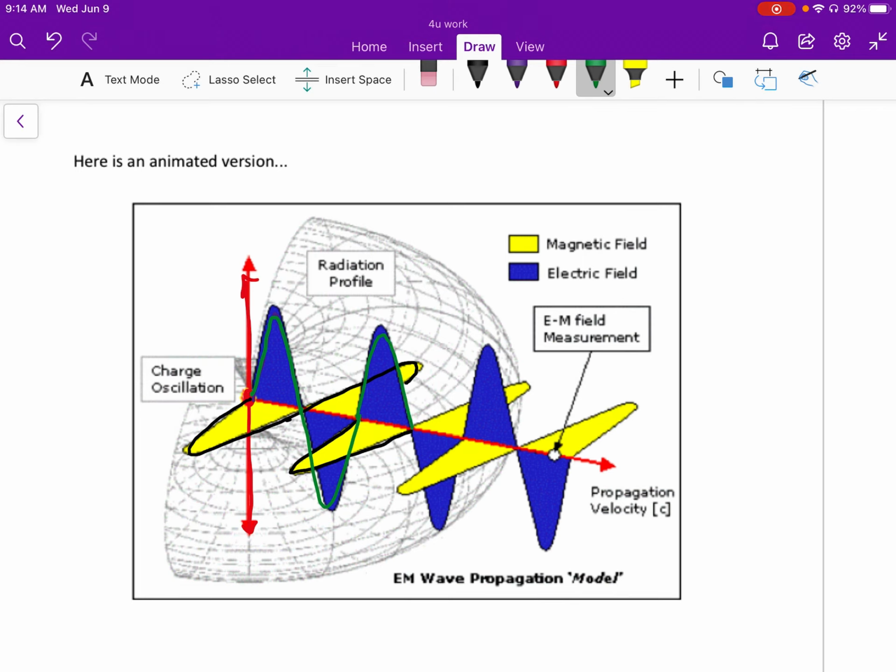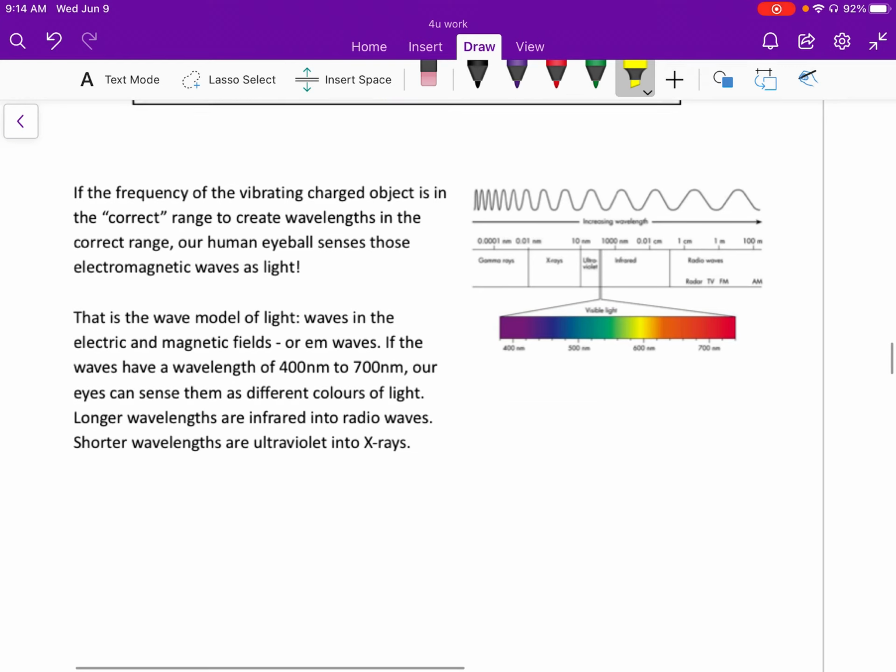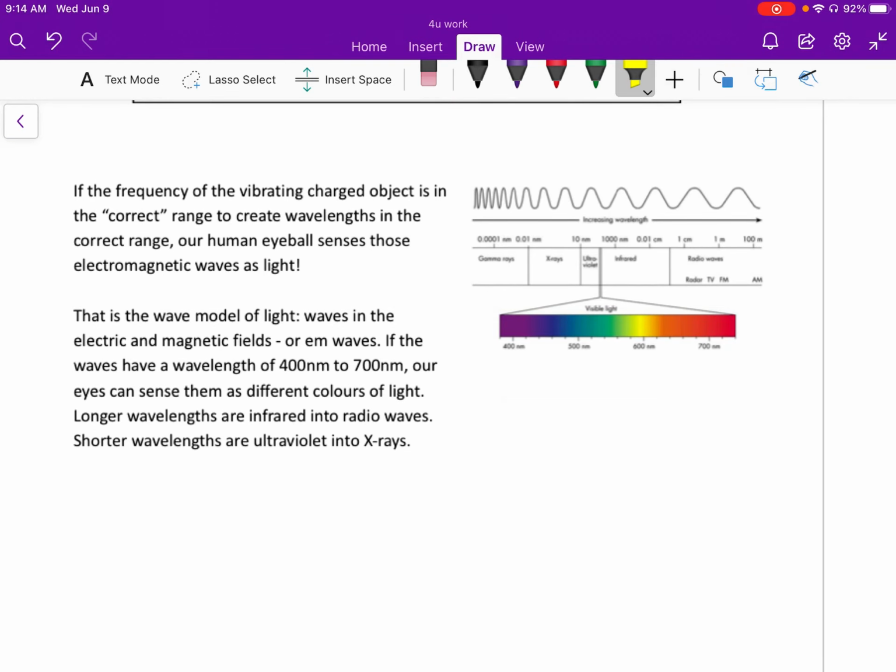So this wobbling charge triggers two things: a wobbling magnetic field, which happens to be perpendicular, and a wobbling electric field, which happens to be parallel. Like if the charge is going up and down, then the electric field is also up and down. This is one model of how we can make light. If we shake that charge, and we shake it at the right frequency,